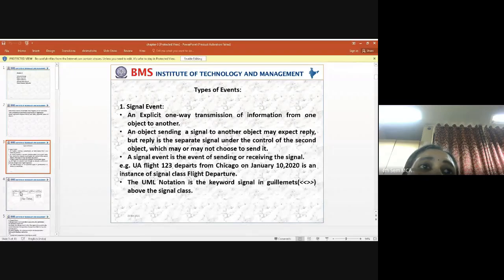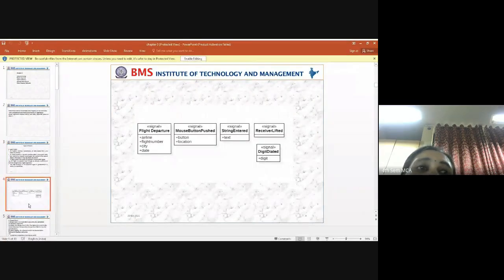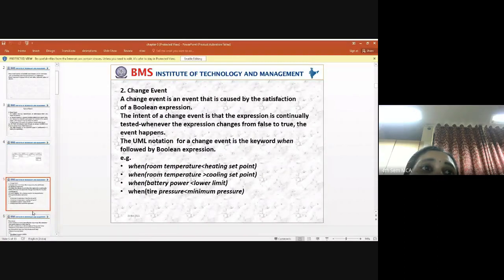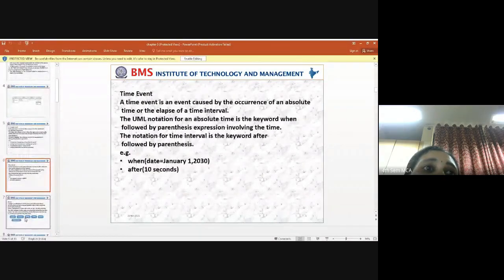Cancel event type, change event. So how to represent a diagram, everything. So the next,